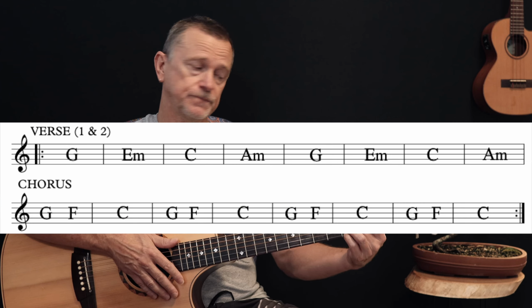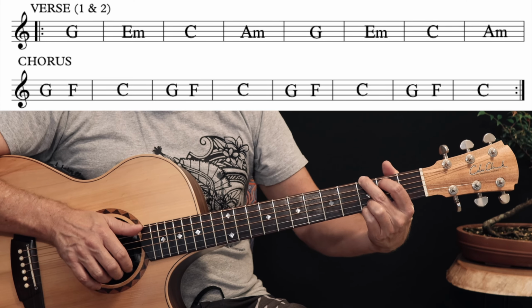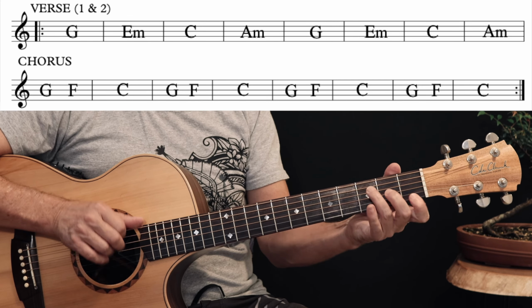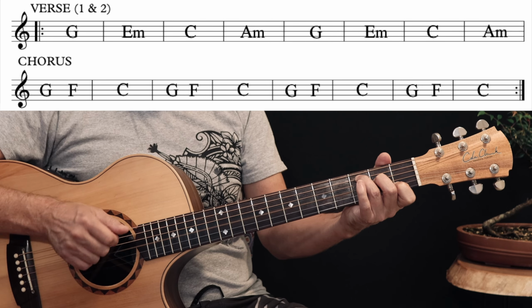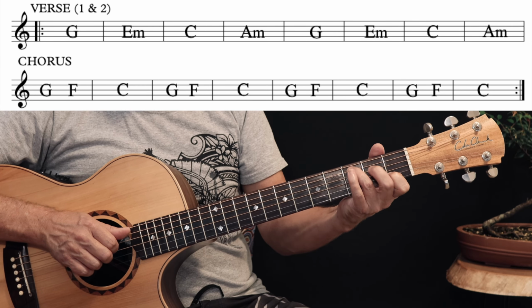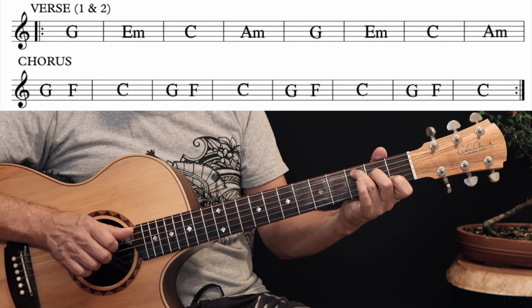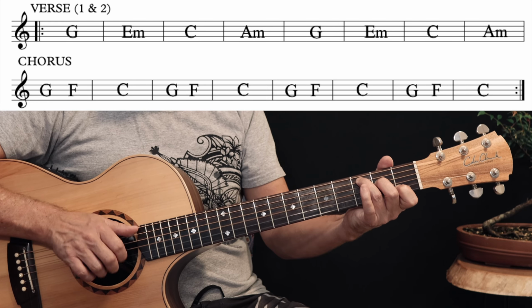The chorus, you go every 2 beats, so it's G for 2, then F for 2, then C for a whole bar. And when you do that C, you go 1, 2, then you lift your finger off the D string, hammer it onto the 2nd fret again, and then play the open G string. So it's...